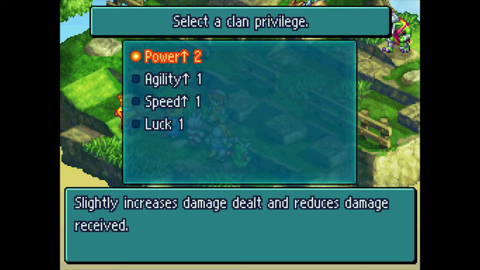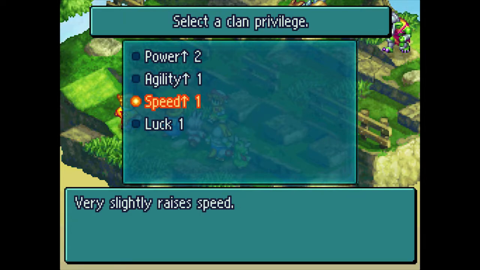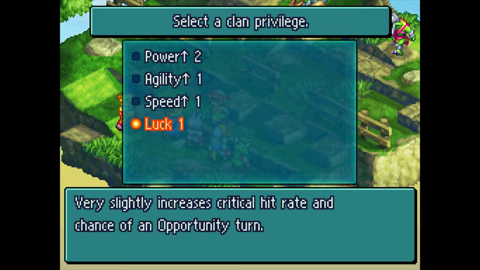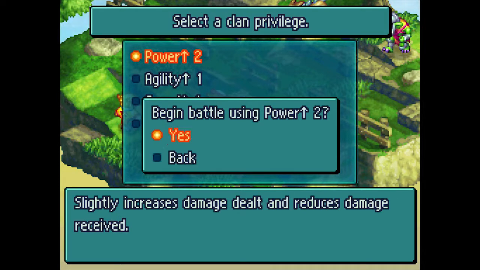Select a clan privilege. Power 2, slightly increases damage dealt and reduces damage received. Agility 1, very slightly improves chance to hit and avoid being hit. Speed 1, very slightly raises speed. Or Luck 1, very slightly increases critical hit rate and chance of an opportunity turn. Okay, well, 2 seems better than 1, so...